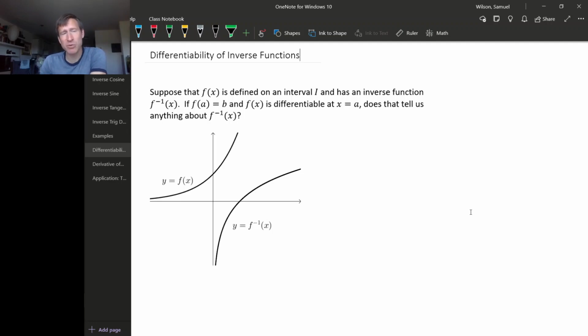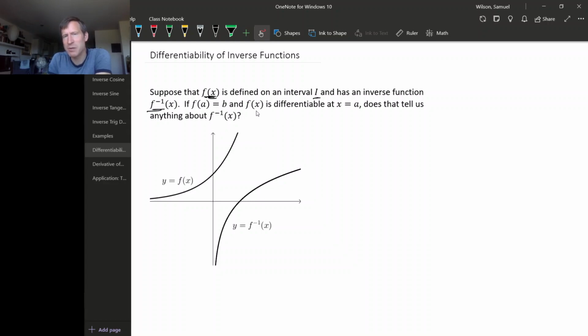If you think back to how we found the derivatives of the inverse trig functions, a lot of that process would work for any invertible function. Everything except the calculation at the end where we drew a picture with a right triangle. That was the only part that had something to do with trig functions in particular. So if we had any old function that is defined on some interval and has an inverse, we might wonder